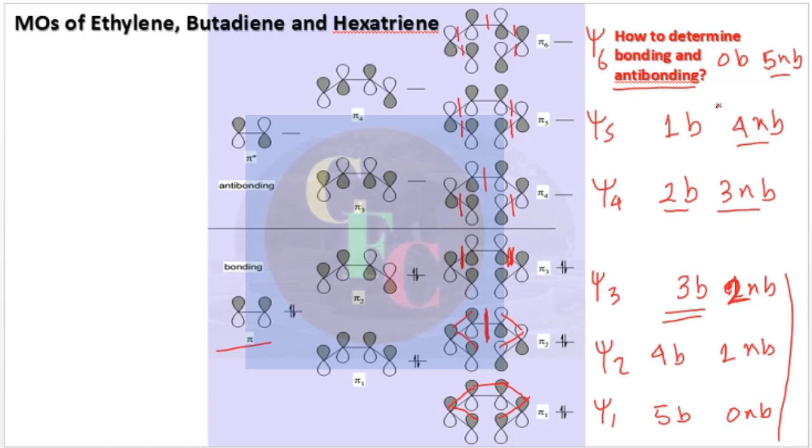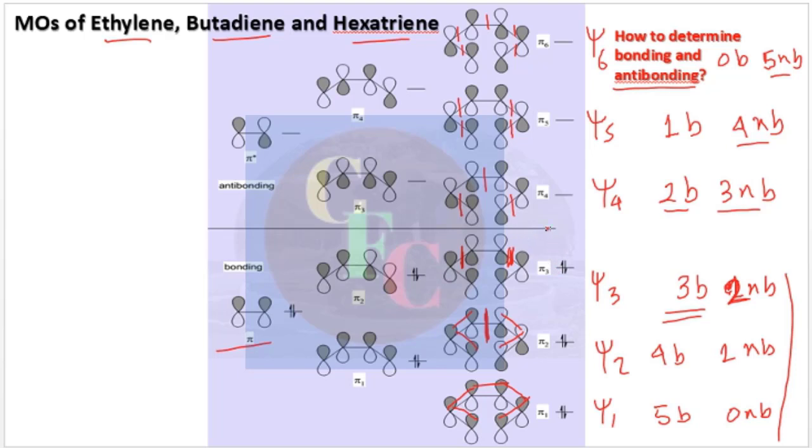So for any pi molecular orbital where you find that the bonding situation is more than the non-bonding situations, that is, the bonding situation is more than the number of nodes, you can say they are bonding molecular orbitals. Whereas if it is reversed, that is, the number of bonding situations is less than the number of nodes, then you say it is anti-bonding. Okay, so this was the discussion about the pi molecular orbitals of polyenes. So we took 3 examples: ethylene, butadiene and hexatriene, and you can easily fill one by one, right?